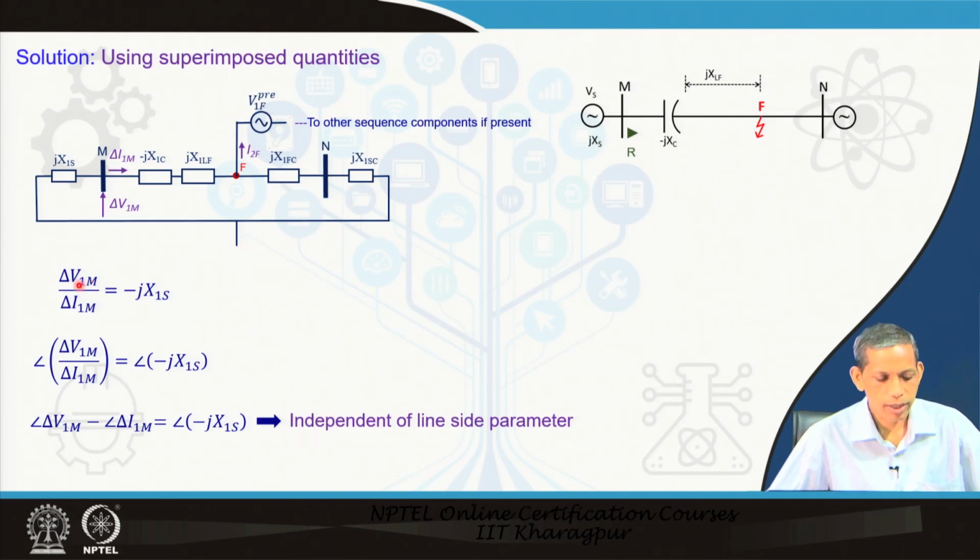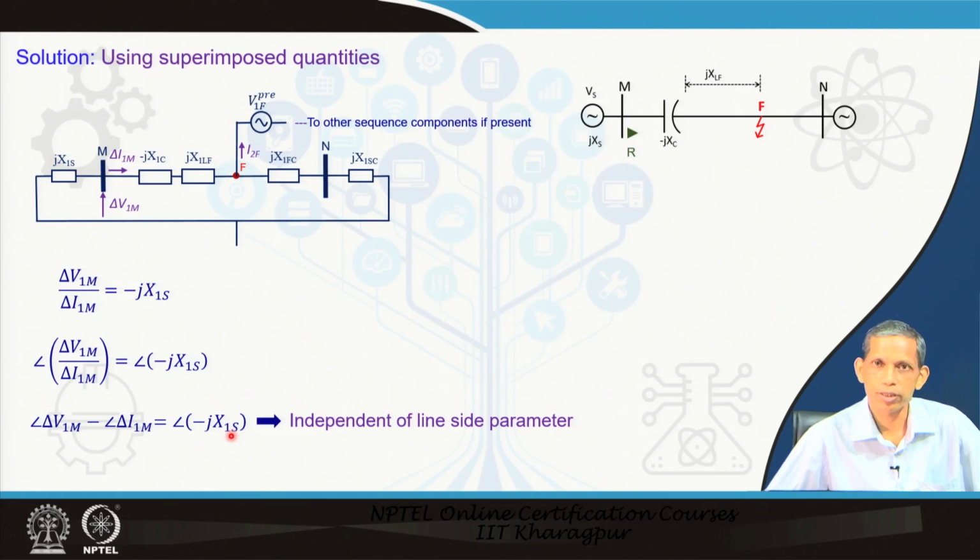We have already learned the relation delta V 1 m upon delta I 1 m equals minus j x 1 s. The current is like this. So, minus delta I 1 m j x 1 s equals delta V 1 m. With this we see that the angle of this part equals the angle of this part. Therefore, angle of delta V 1 m minus angle of delta I 1 m equals angle of minus j x 1 s. This we have already seen in our